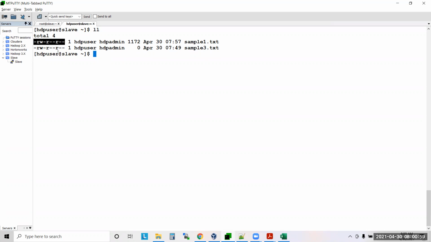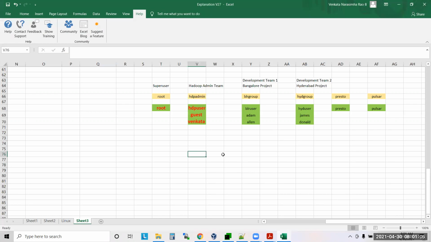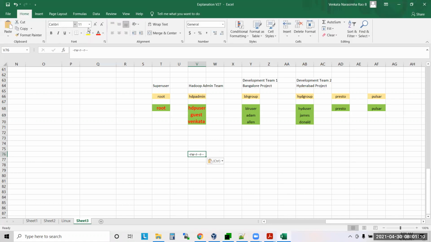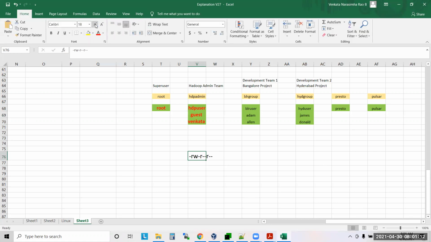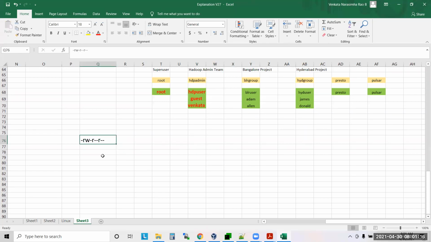So now after this, I'll copy it here. For any file or directory, you will have these lines. I'll change these into different parts, guys.